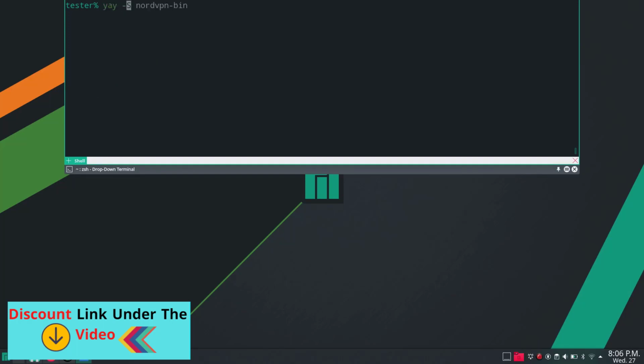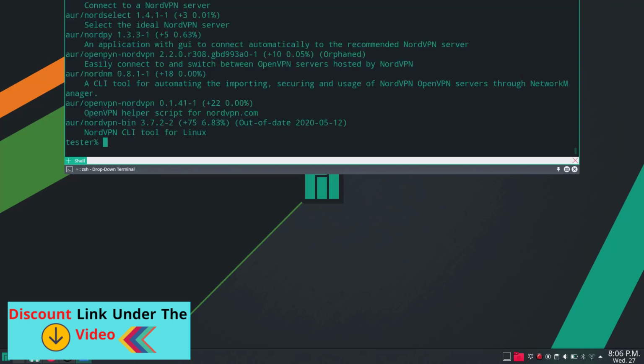And so as I said, Yay has a similar syntax to Pacman. So again, you're going to want to search, capital S for sync, lowercase s for search, and then if you try NordVPN, you'll see there's a couple things. The one that you want though is nordvpn-bin. So yay -S, that's all you need for install, and then